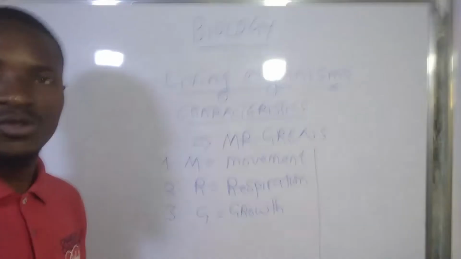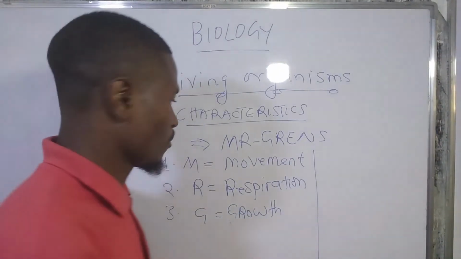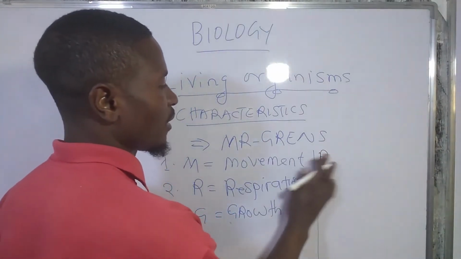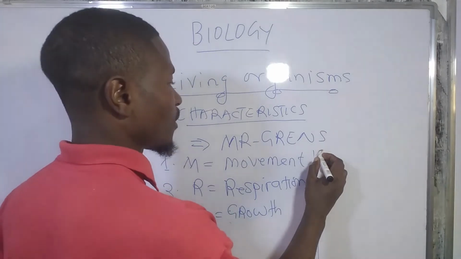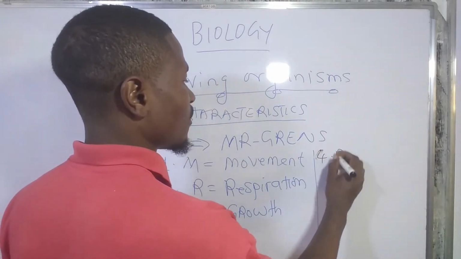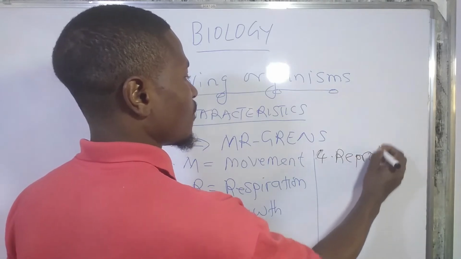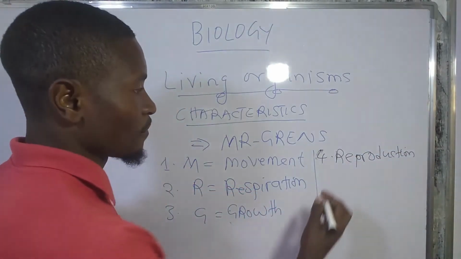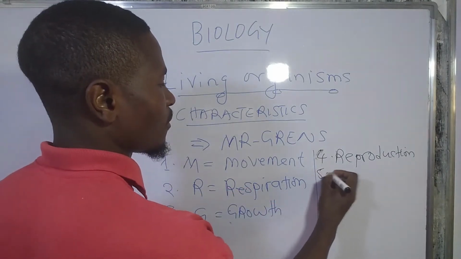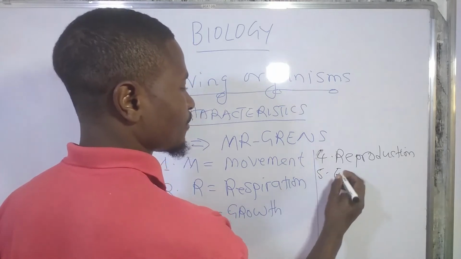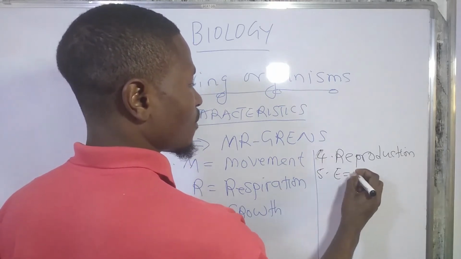And then we are going to have another R. The R there is number 4, so that is reproduction. Then this one is going to be E, equals to